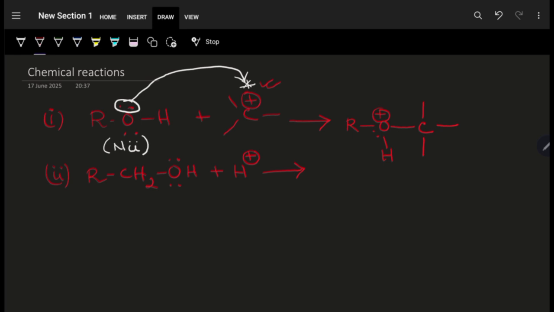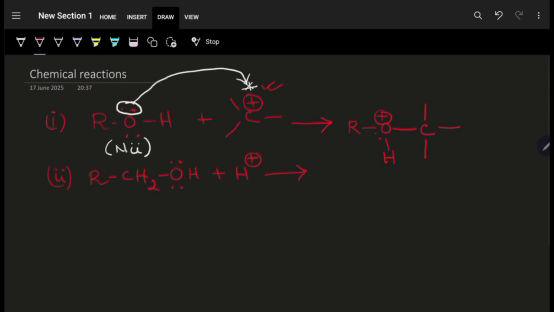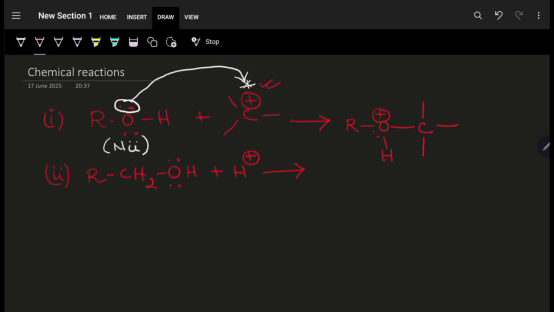Now in the second reaction, you are seeing another alcohol, and I have given you an example of 1 degree alcohol plus H plus. What can happen over here? Same thing can happen over here. The lone pair above oxygen will abstract the proton. And now what are you supposed to get? You will be getting R CH2, and the lone pair is used up. So a positive charge above oxygen. One lone pair will be remaining. It had one H. Another H is abstracted and one lone pair is remaining.